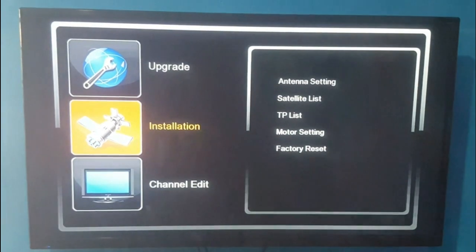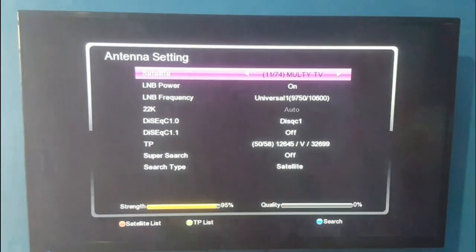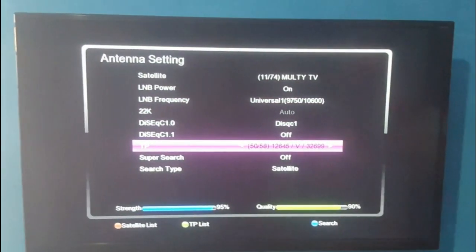To look at how to search for decoder channels on the master decoder. So let's move right in. Go to menu, then come to antenna settings, and then make sure you key in this frequency